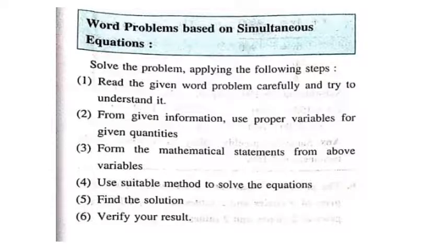And lastly, if at all you have difficulties, substitute the value of both in any one of the equations, and you should always get LHS equal to RHS. Only then your steps, framing of equation, solution will be correct. Otherwise, there would be any silly mistakes. And when you verify that both LHS and RHS are equal, then you're supposed to write the answer. So these are the 5 steps which you're going to remember when we begin with the word problems.